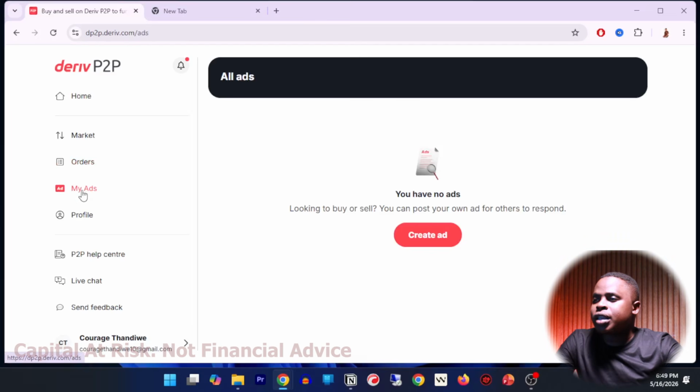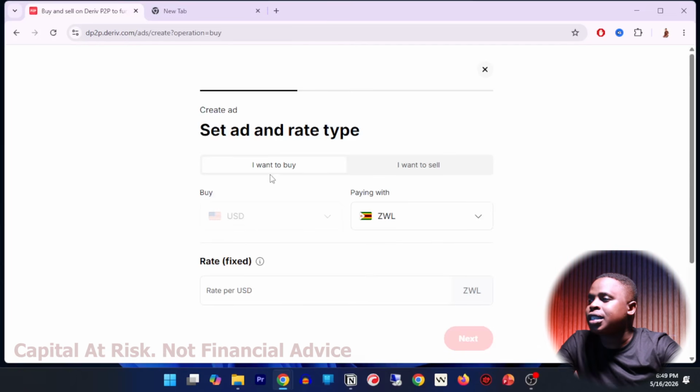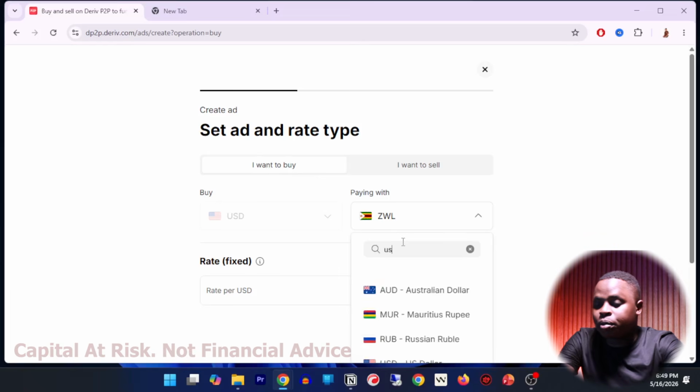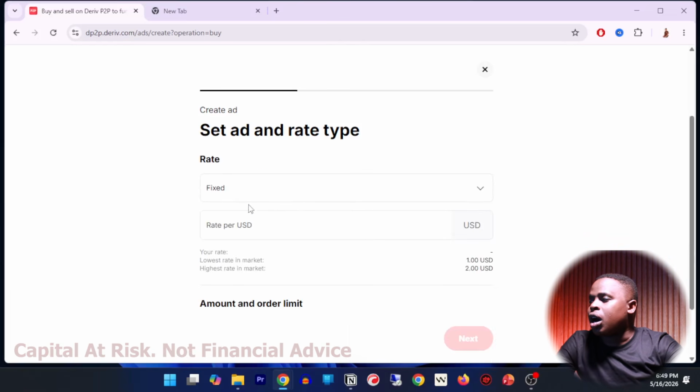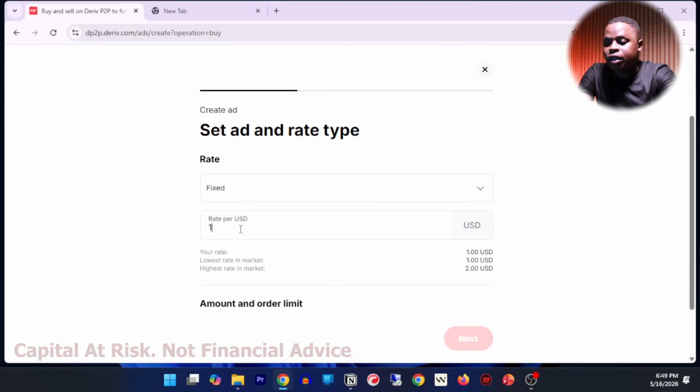So here, where it says my ads right here, let's say right now I wanted to deposit $100. Instead of going to the market to find people who are already there, what I can do is just go create an ad. What I want to do is I want to buy, and let's say I want to buy using USD like this, right? So I will just say, okay, if I want to deposit $100, I'm willing to pay maybe